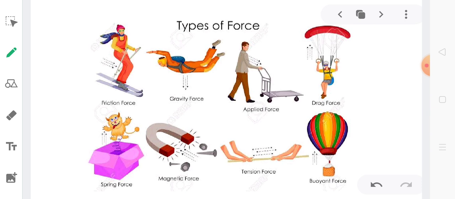Suppose we are asked to push a table, or suppose the example that you can see, the man pushing the trolley. So obviously, unless he is having a direct contact with the trolley, how is he going to push the trolley? There is going to be a direct physical contact between the hands of that man and that trolley. So one type of force is placed in this category.